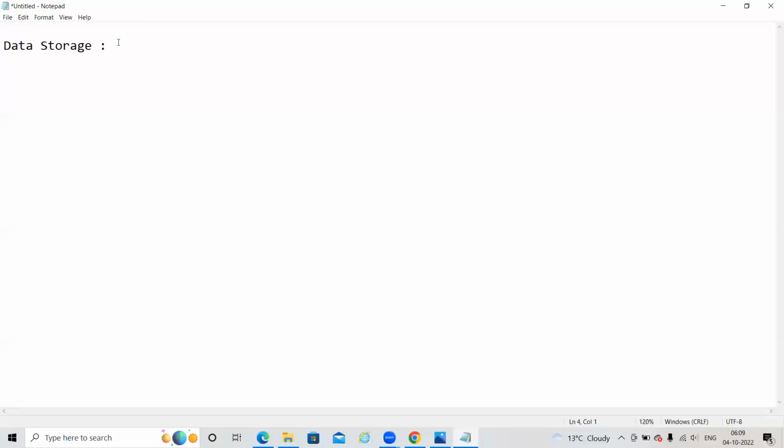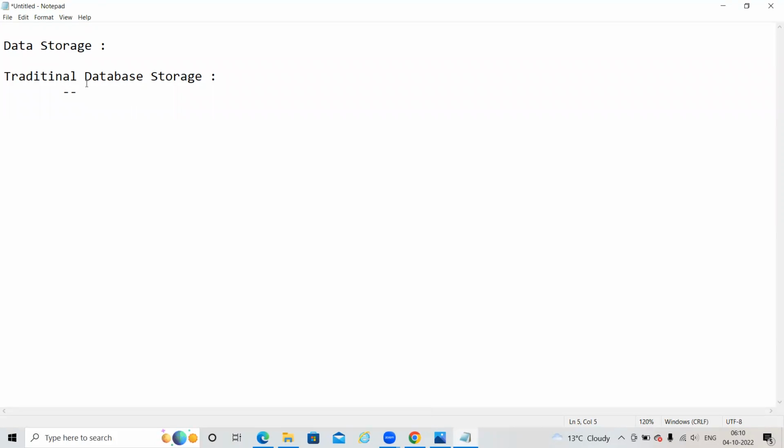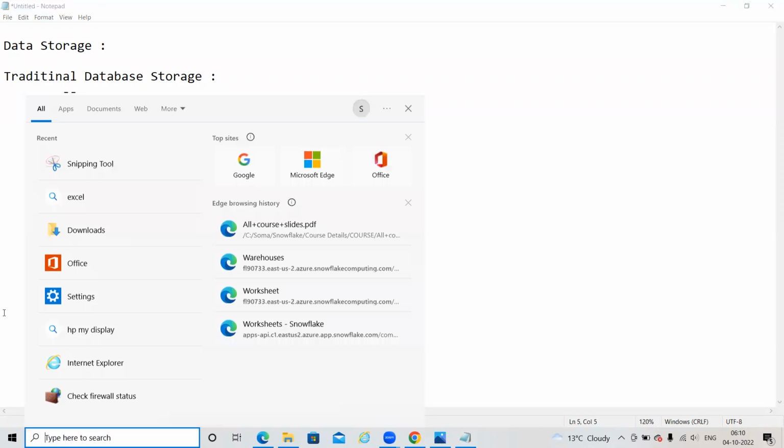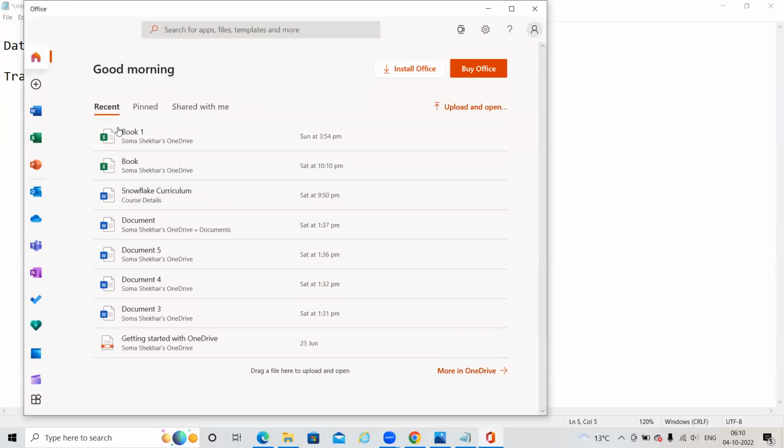I am talking about traditional database storage now. Let me open an Excel sheet. Actually, I have a problem with Microsoft Office on my laptop. I'm not sure why.